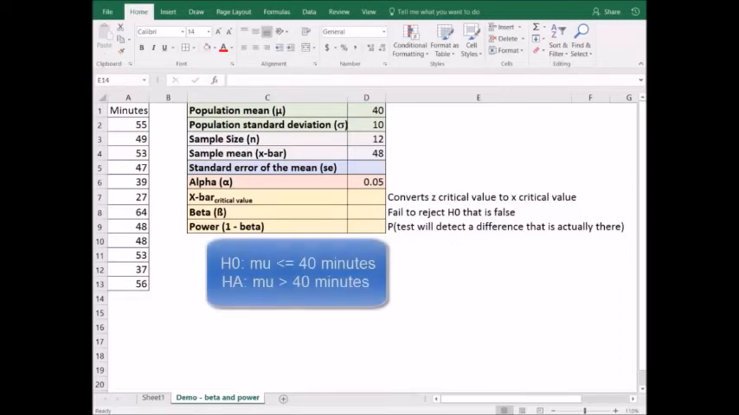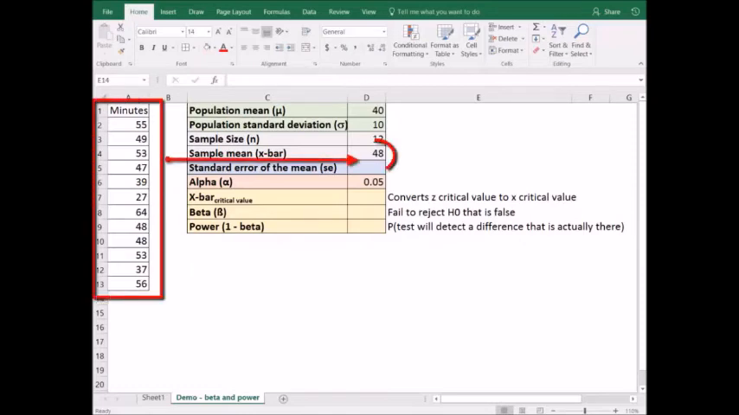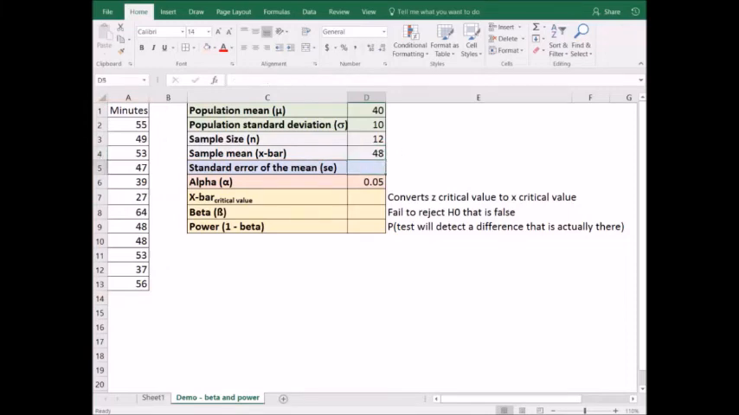That means we would conduct a one-tail hypothesis test. In the sample, the mean time is 48 minutes. The standard error of the mean needs to be computed to determine the x critical value, which will be used in calculating beta. Standard error is the population standard deviation divided by the square root of sample size. In this case, our standard error of the mean is 2.8868. Our alpha, or the allowable probability of making a type 1 error and incorrectly rejecting the null hypothesis, is 5%